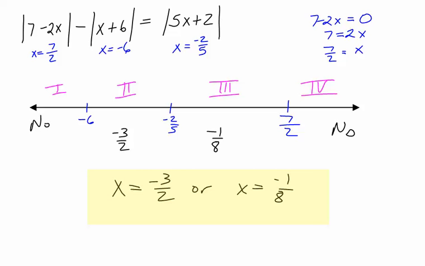The last item I want to re-emphasize in this tutorial, negative 6. The absolute value we just highlighted would be the one that changes sign around negative 6. Negative 2 fifths. The absolute value we just highlighted would be the one that changes sign around negative 2 fifths. And finally, when we consider positive 7 halves, that would be the absolute value of 7 minus 2x, that could change signs around 7 halves. So be mindful of which absolute values could change, whether they're positive or negative, around each of our key numbers. If we keep this in mind,